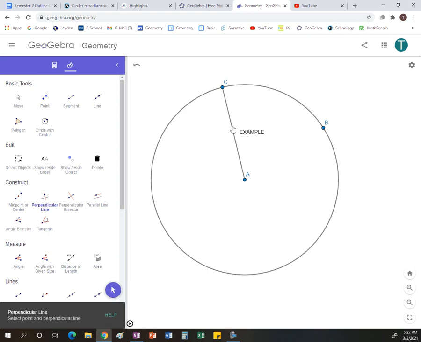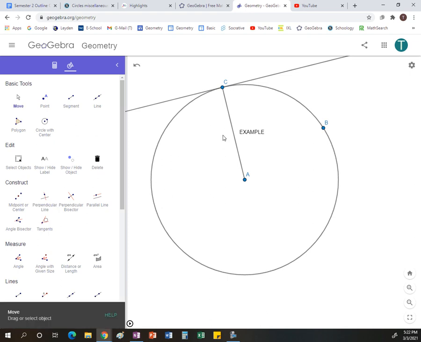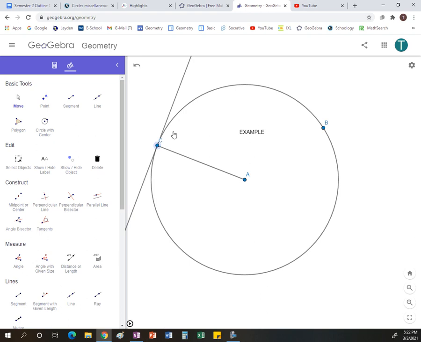You'll click once on the radius, saying we wanted our line to make a right angle with it, and then once on point C to tell it to stay on point C. Now, before I touch the screen again, I'm going to hit the arrow button so I can move stuff around. Now, if I move point C, that line stays connected to point C and stays making a right angle with